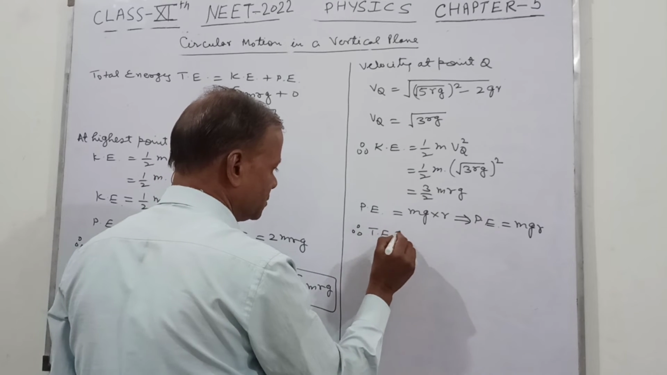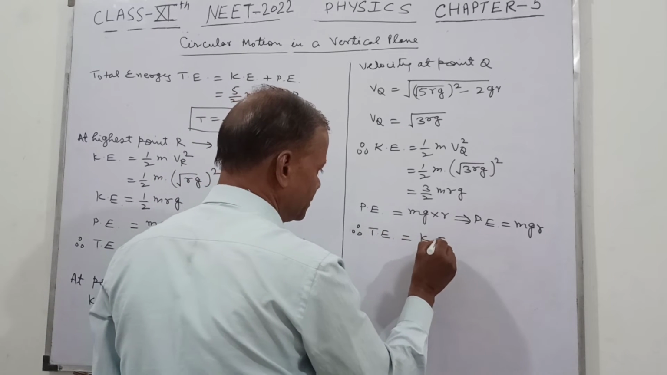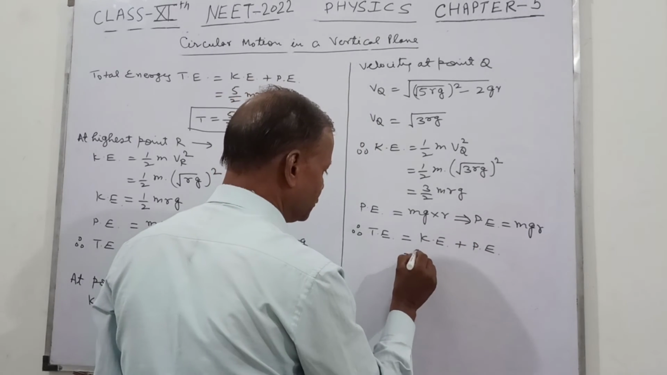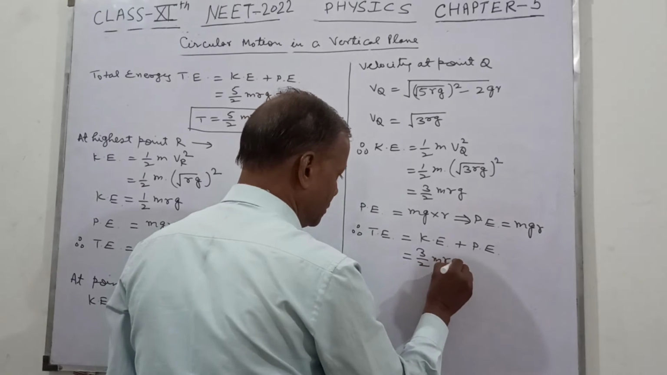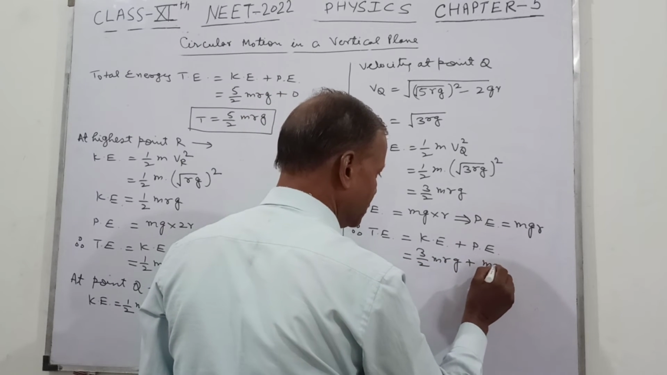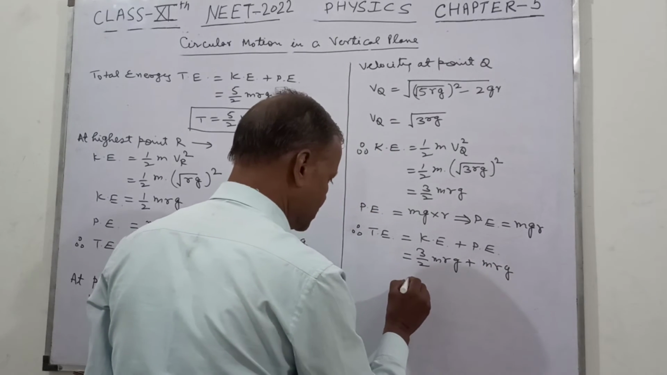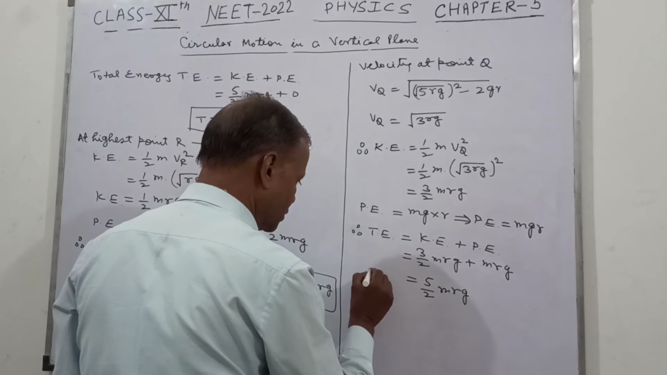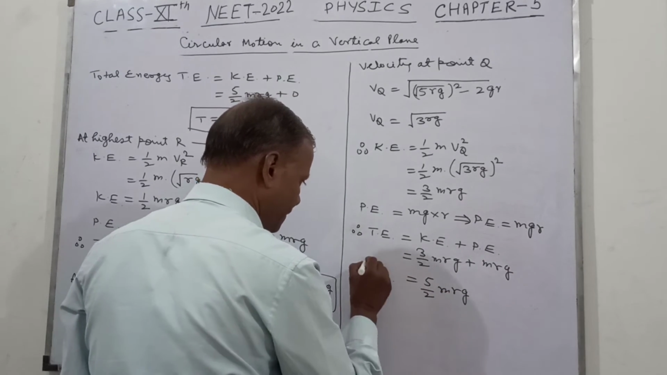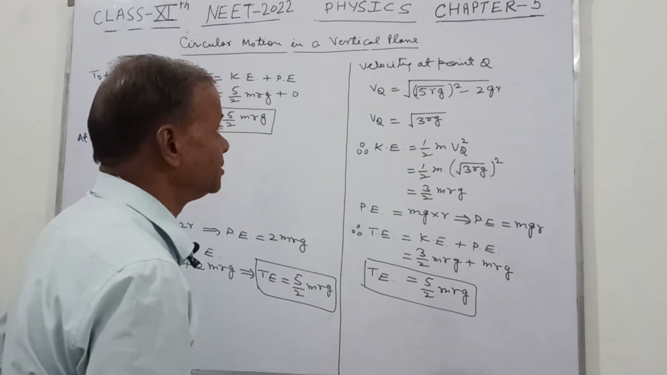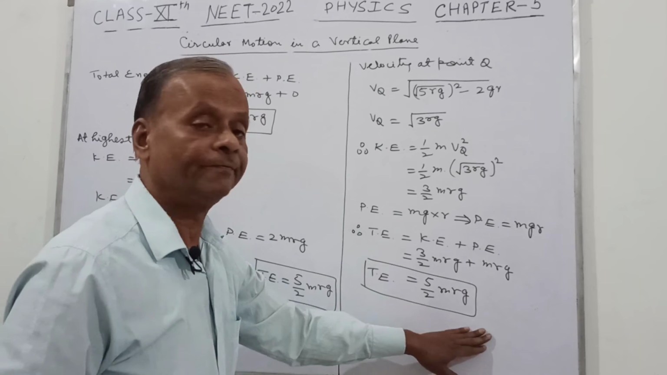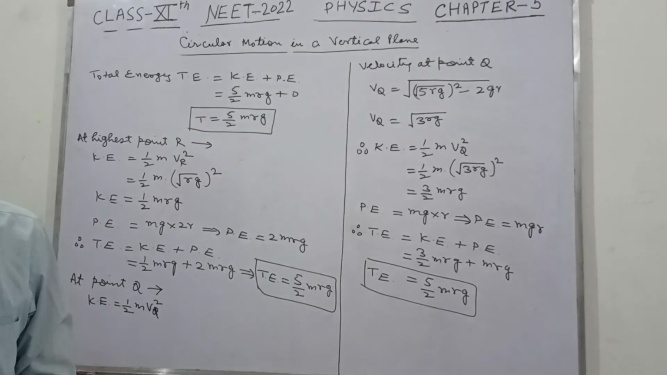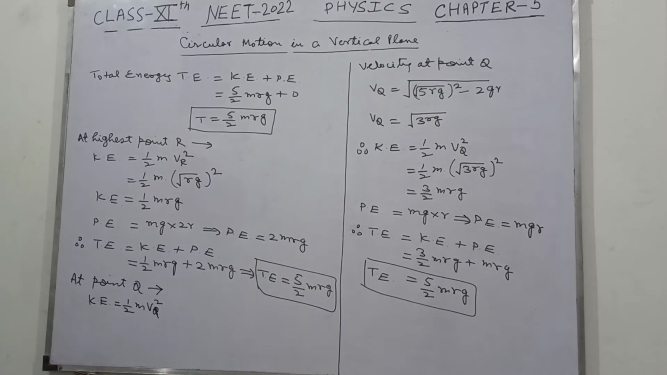Therefore the total energy is equal to kinetic energy plus potential energy. So kinetic energy is equal to 3 by 2 mRg, and potential energy is mRg. So this is again 5 by 2 mRg. This is now the total energy. So at the point Q, the total energy is again equal to 5 by 2 mRg. Similarly, if you find the kinetic energy at the point S,